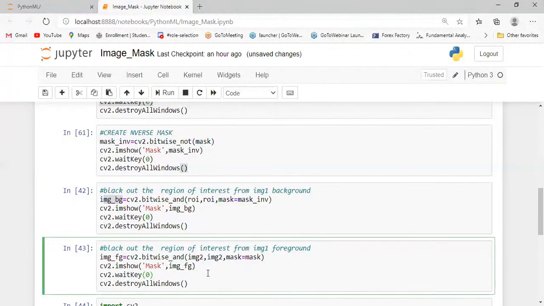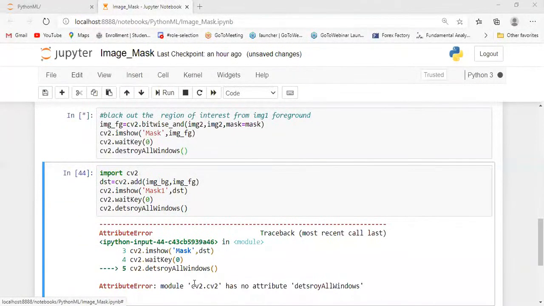Output is the same, the only difference is that we are passing mask equal to mask. cv2.imshow, I will pass the name mask, then image foreground, then cv2.waitKey passing 0 parameter, cv2.destroyAllWindows. I will run this code, then we see only the foreground image and the background is removed.